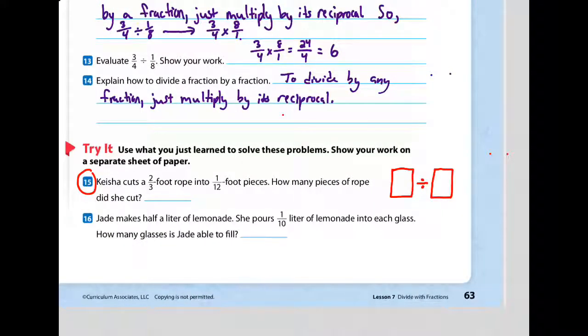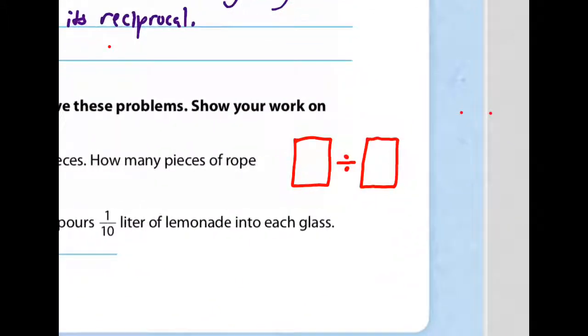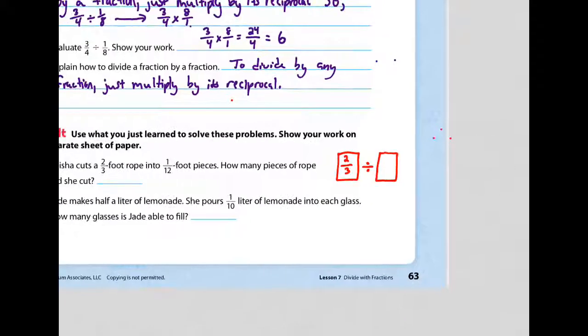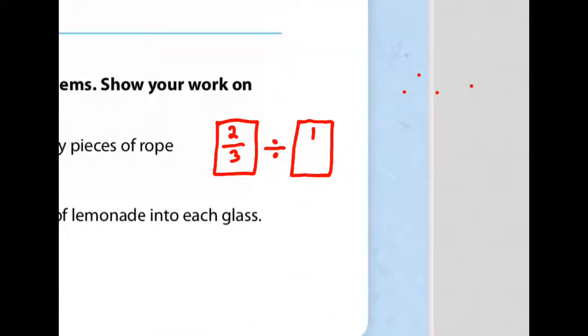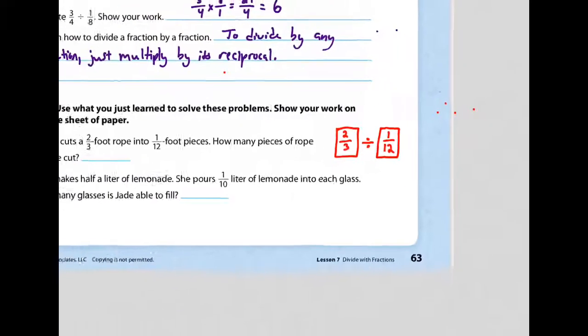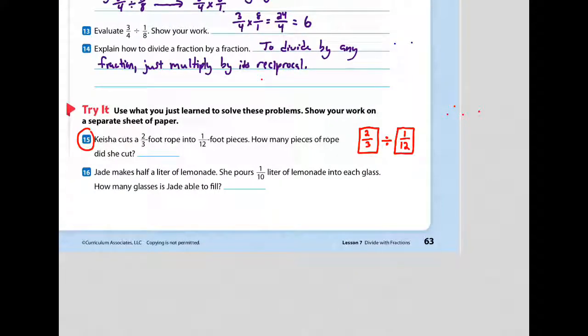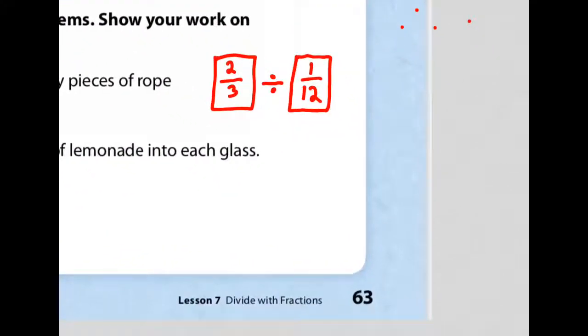So it says Keisha cuts a 2/3 foot rope. So the 2/3 foot rope comes first in this one. And she is splitting it into 1/12 foot pieces. So in other words, how many 1/12ths can you get out of 2/3? So how many pieces of rope did she cut? Well, I'm going to show you that here. So remember, to divide by a fraction, you multiply by its reciprocal. And to find the reciprocal, you just flip it to